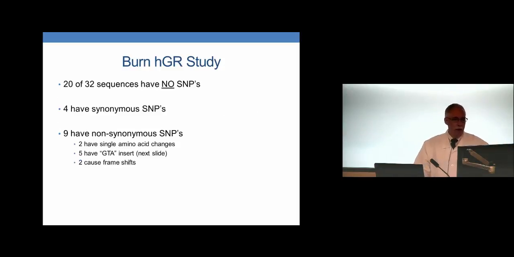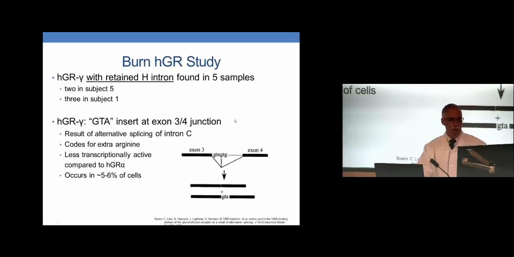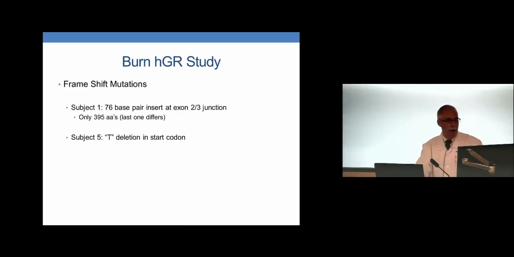and do that. So just a snippet of what we've found, and we have had 20 out of 32 so far that we've analyzed have no single nucleotide polymorphisms, but we have a lot of people who do have changes. For instance, we have several people who have the well-known variant called HDR gamma. I don't want to go through these in too much detail because it's somewhat tedious, but we found multiple variations